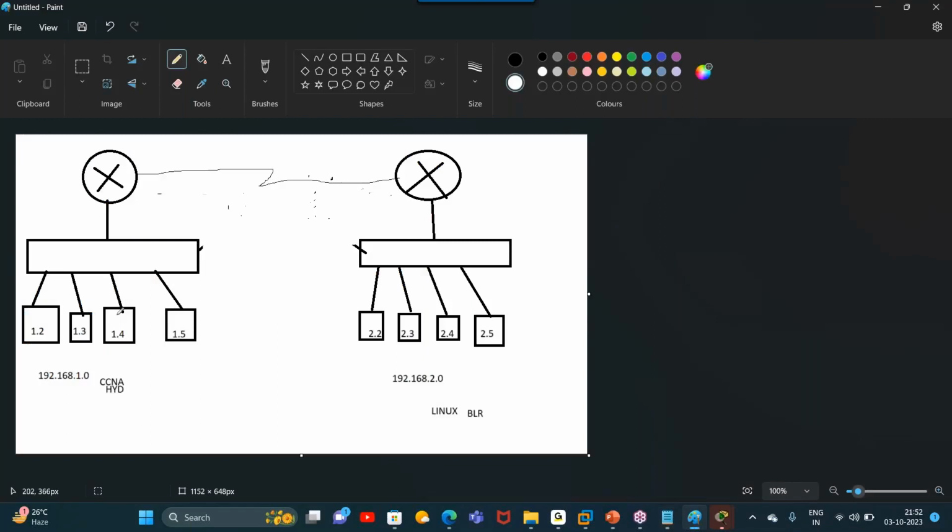Now I have one branch in Hyderabad, one branch in Bangalore. All these devices are connected physically. Can they communicate with each other now? Respond, please. I think logically something needs to be done. Exactly. As we discussed already, if two devices want to communicate with each other, there should be a physical and logical